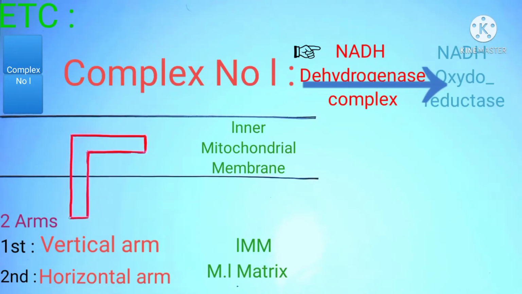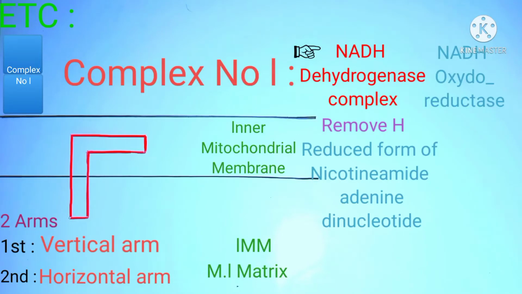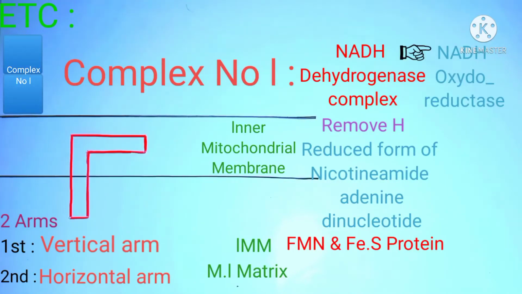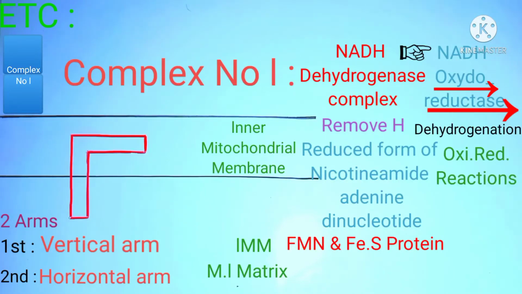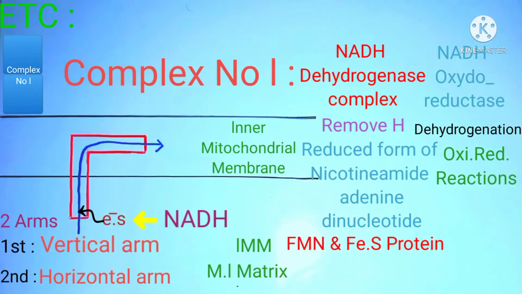dehydrogenase. Dehydrogenase means it removes hydrogen from its corresponding substrate. Therefore, it removes hydrogen from the reduced form of nicotinamide adenine dinucleotide, and it is called a complex because it also possesses flavin adenine mononucleotide and iron-sulfur compounds. It is also known as oxidoreductase because dehydrogenation is an example of oxidation-reduction reactions. The important and main function of this complex is to receive electrons from NADH and transport them further to the